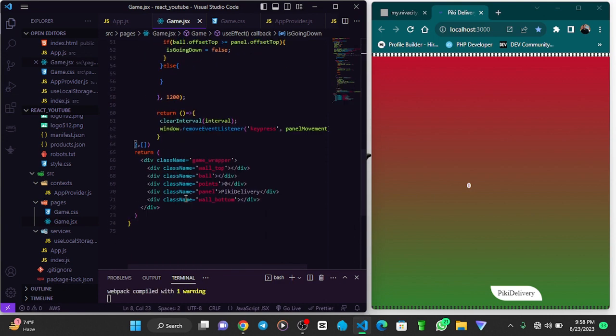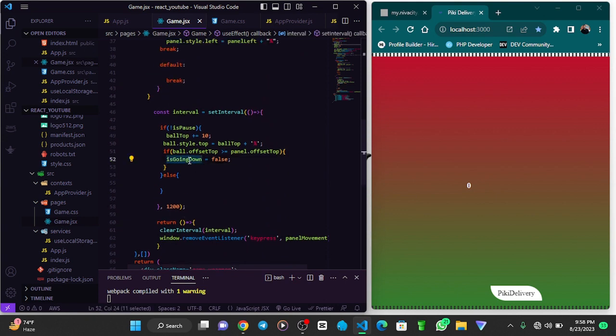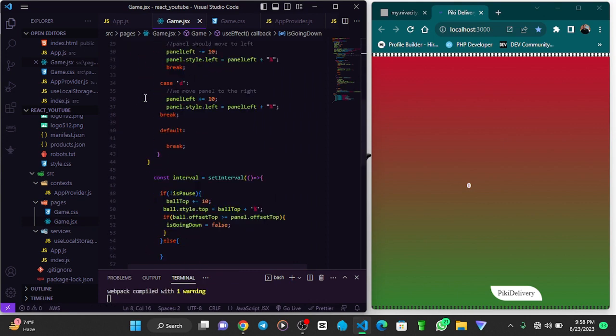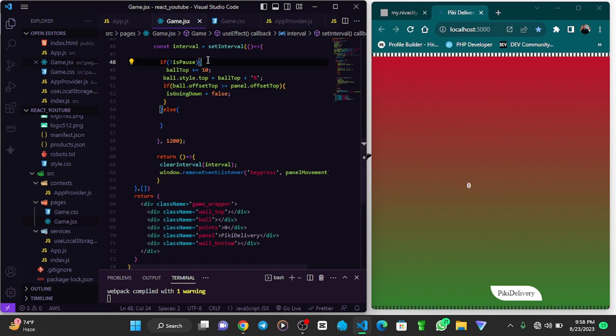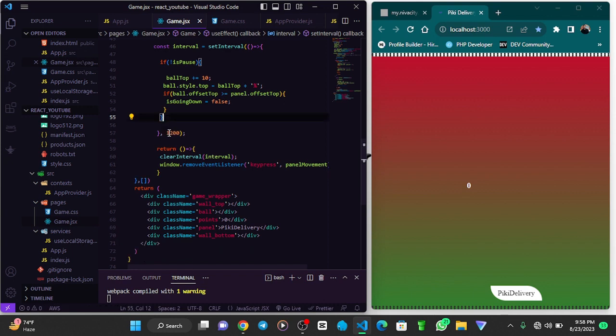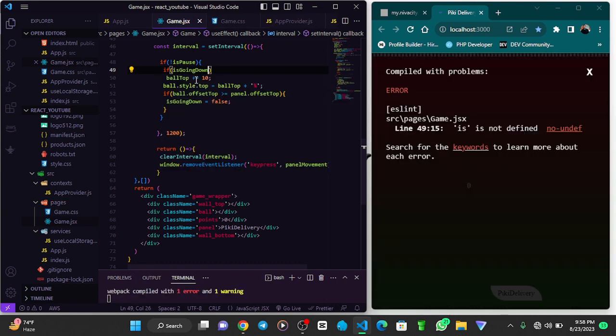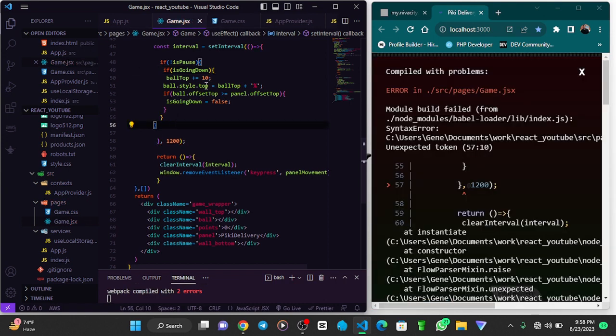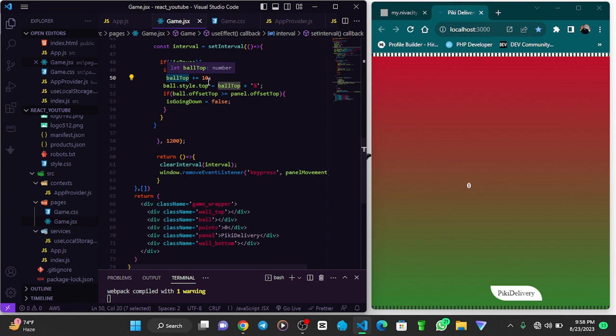Okay, then copy this variable and make sure they're the same, and right here beneath is pause. Remove this else statement. We check if is going down is true, right? If true, we increment the bottom with 10, so it will be going down. Otherwise, else